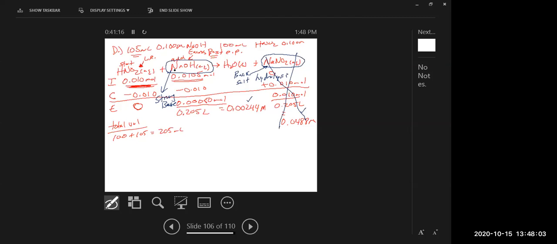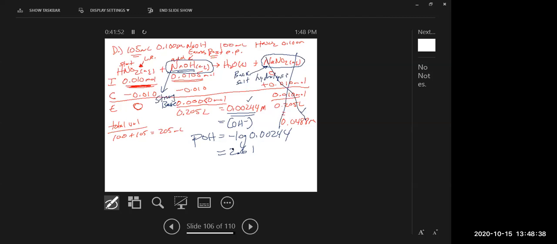And we know that the strong base is going to be the major contributor to the pH. That means that this number here, which is our hydroxide concentration, is our OH minus concentration. And that means that the pOH is minus the log of 0.00244, which gives us 2.61. Again, if you mistakenly thought that this number here was your pH,